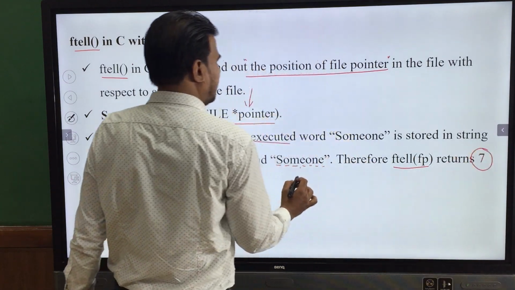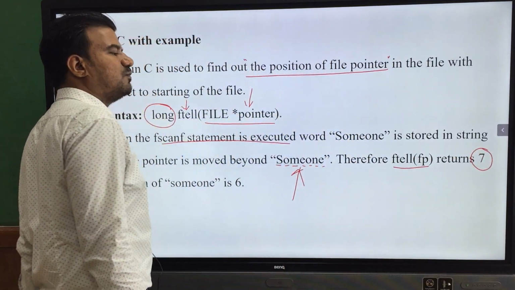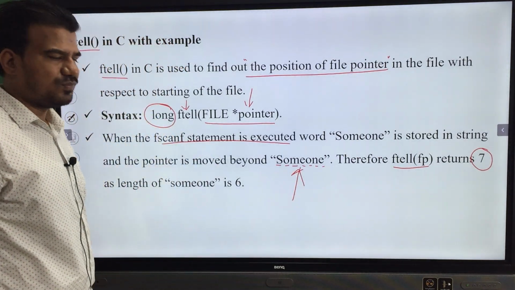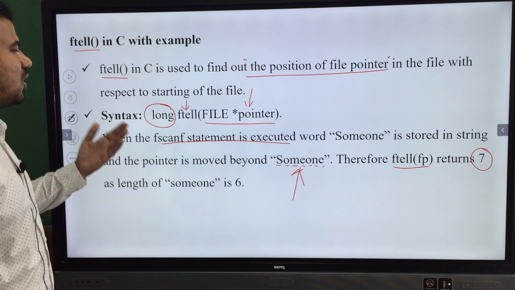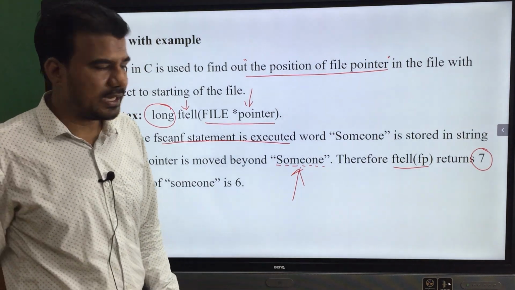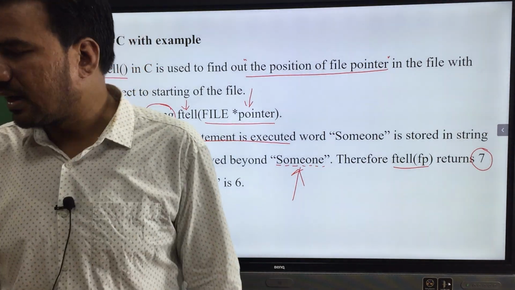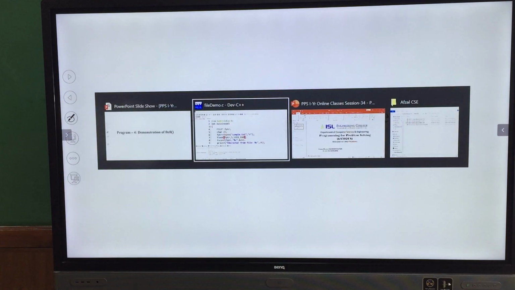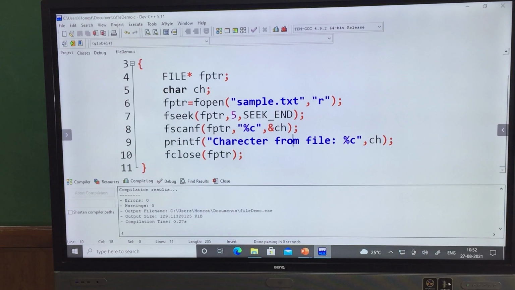So if you apply ftell after reading this someone from the file, then your ftell value is 7. Like that, this will also help you to know the current location of your file marker inside the file.